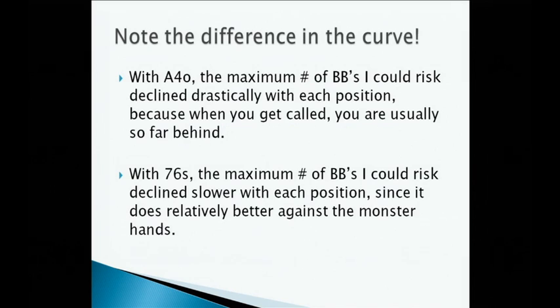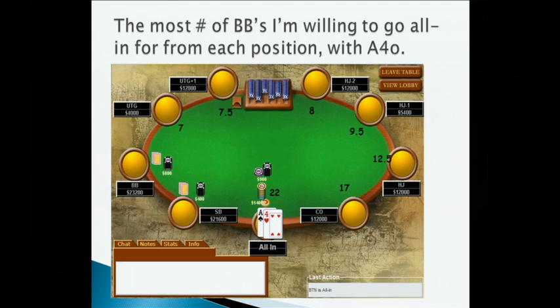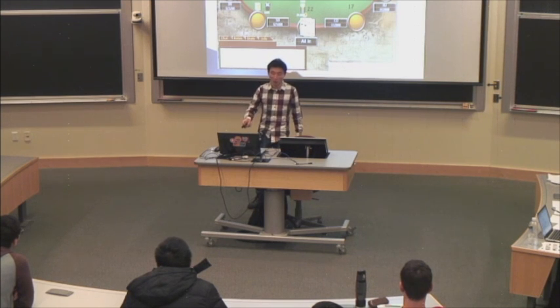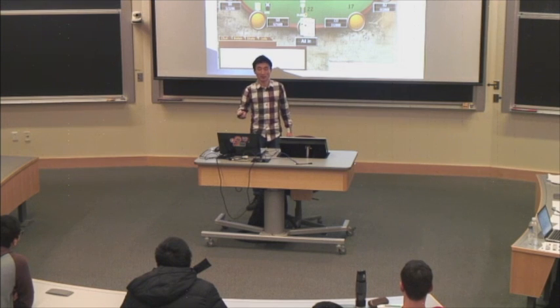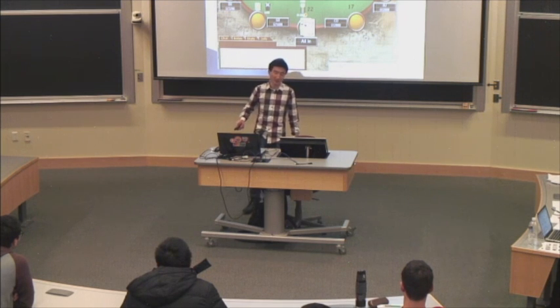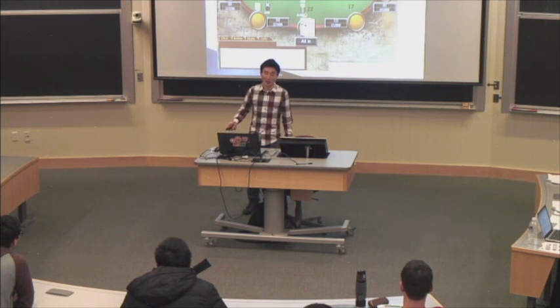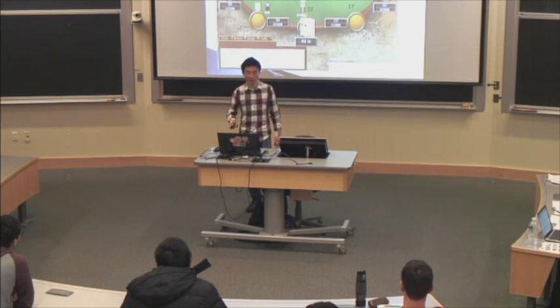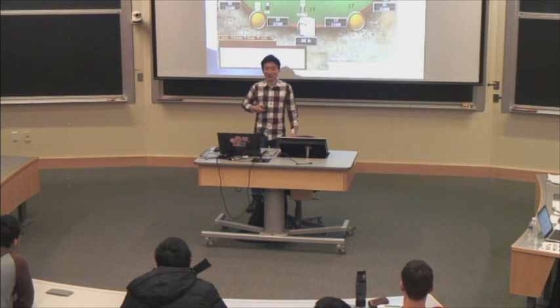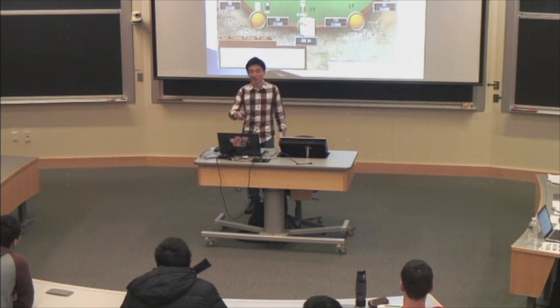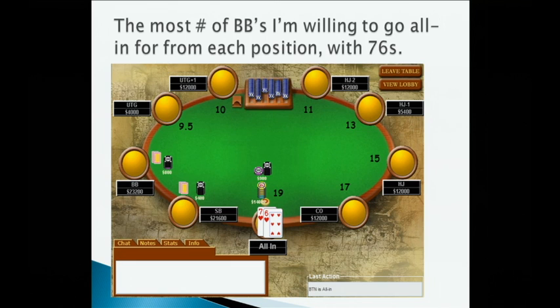So the thing is, these two hands are a bit different. So with ace-4 off, it's a hand that does poorly against good hands, but well against bad hands. Because against a bad hand, your ace-high is going to be good. And against a good hand, you're always going to be dominated. If they call with an ace-jack or a pair of 7s, you're going to be a 30-70, right? Whereas with 7-6, even if they have aces, it's bad, but it's the best hand against aces.